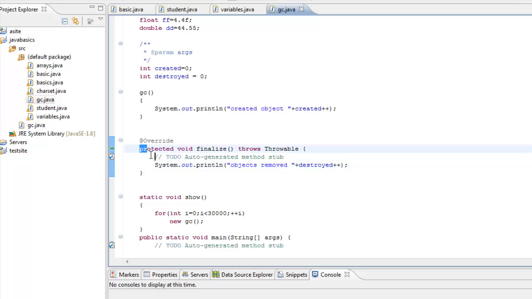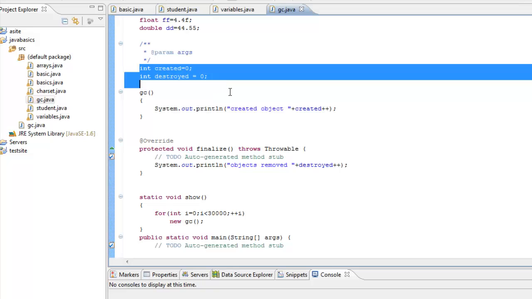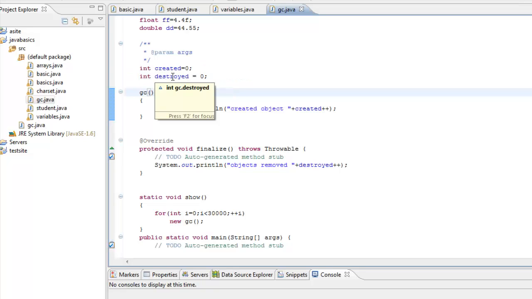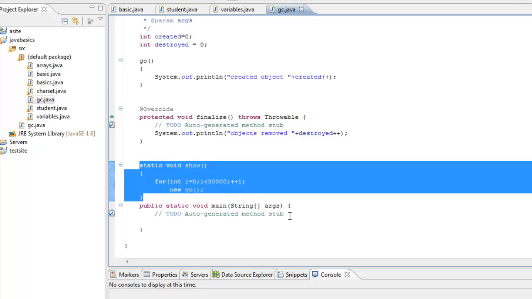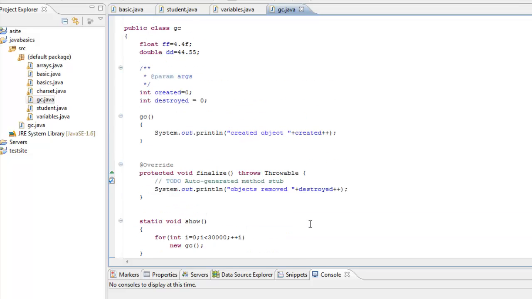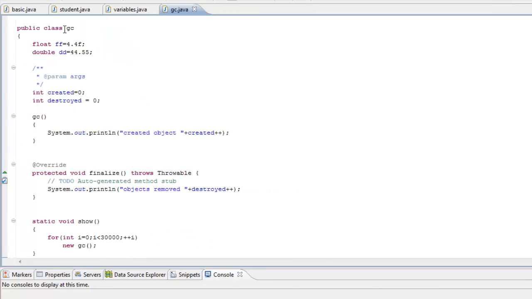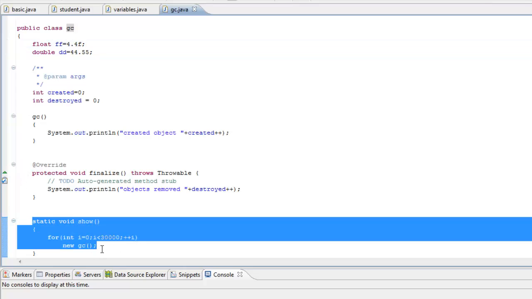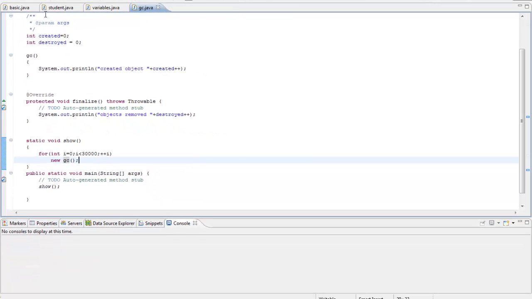So I've put the method finalize in position. I have the constructor in position. I have two variables to keep track of the number of objects created and the number of objects that have been destroyed. I have a method creating a number of objects, and I just need to call this method to complete the thing. So I'll just now run this program. I hope this is clear to everybody. We have a class GC, we have a method to create a number of objects that are without reference, and in the main I give a call to this method. So I'll just run this